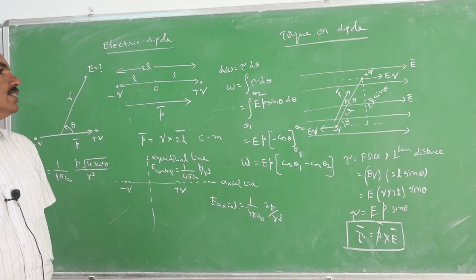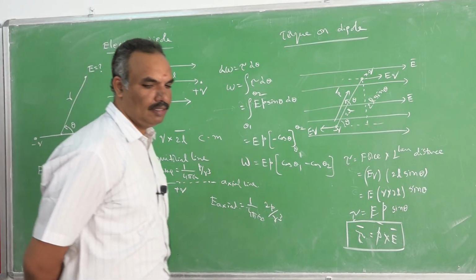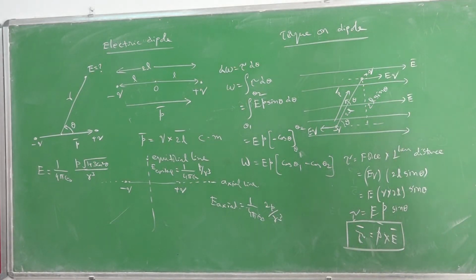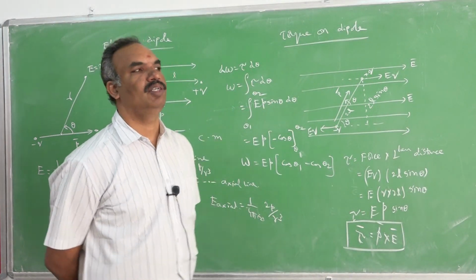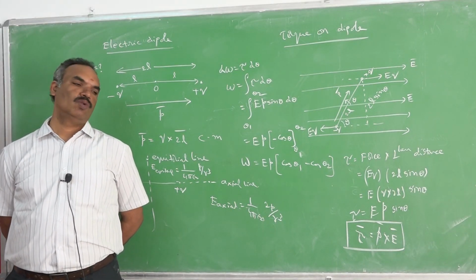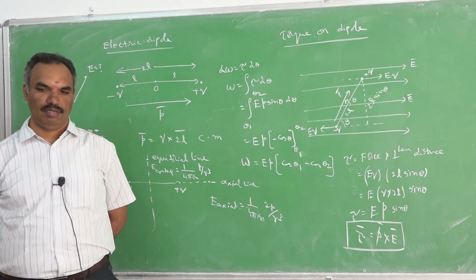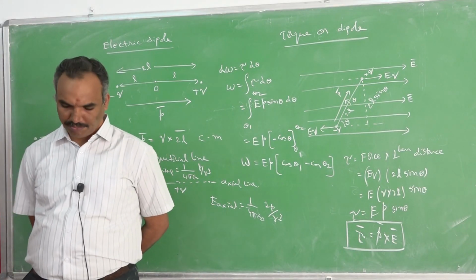By knowing all these equations, we can solve so many problems. Already we discussed plenty of problems related to this electric dipole and Gauss law. You try to go through those problems and also refer to each and every question that was asked in previous CBSE board examinations, which are given in your Oswal book, and try to solve each and every question and ask me whenever you find some doubt. I hope I reached you regarding this concept. Thank you.